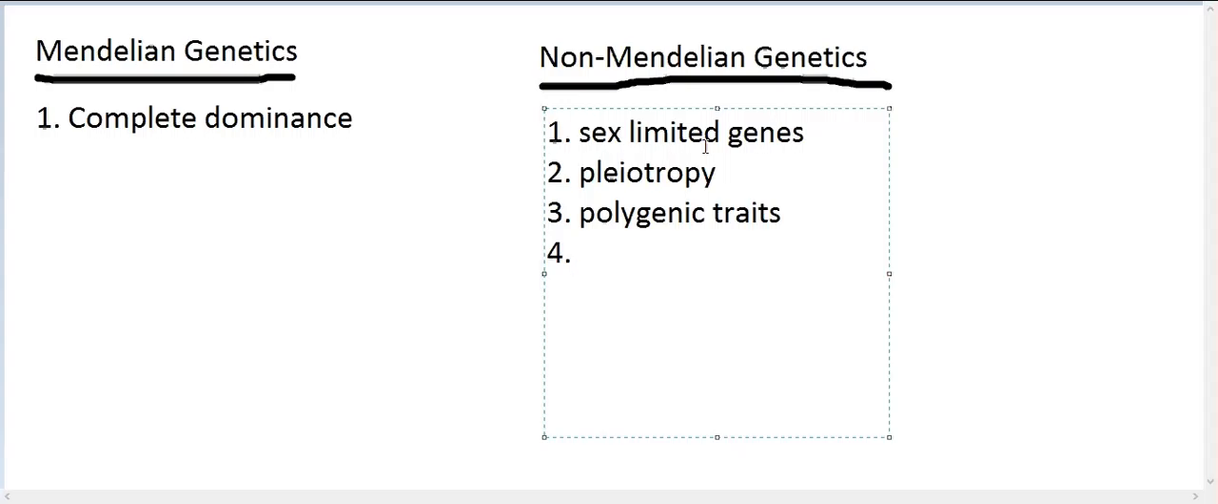Again, examples of those are, let's just say, human height or eye color. Another one, you've got regulatory genes. Let's just say you could have something like epistasis. Epistasis would be a good example of regulatory genes, where basically you could have rabbits that